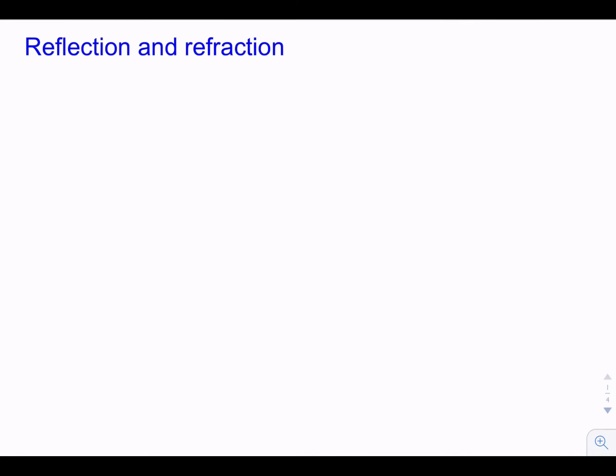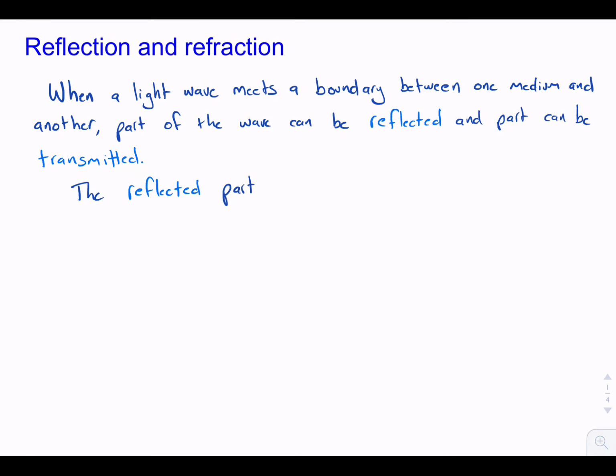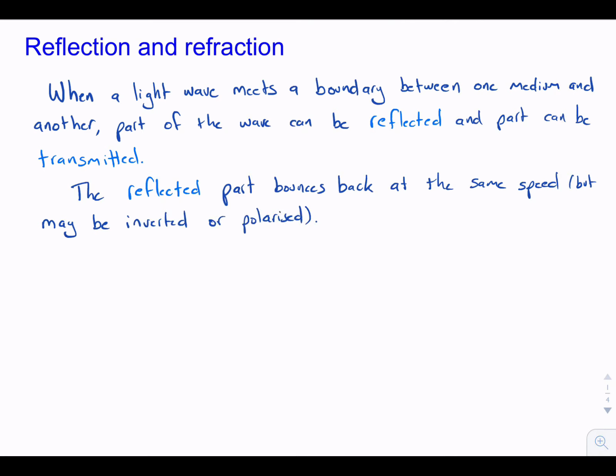When a light meets a boundary between one medium and another, part of the light can be reflected and part can be transmitted. The reflected light, which of course is the reflection that you're familiar with in the mirror, this part bounces back at the same speed, but may be inverted or polarized. The transmitted light, the part that goes through the medium, may speed up or slow down depending on the properties